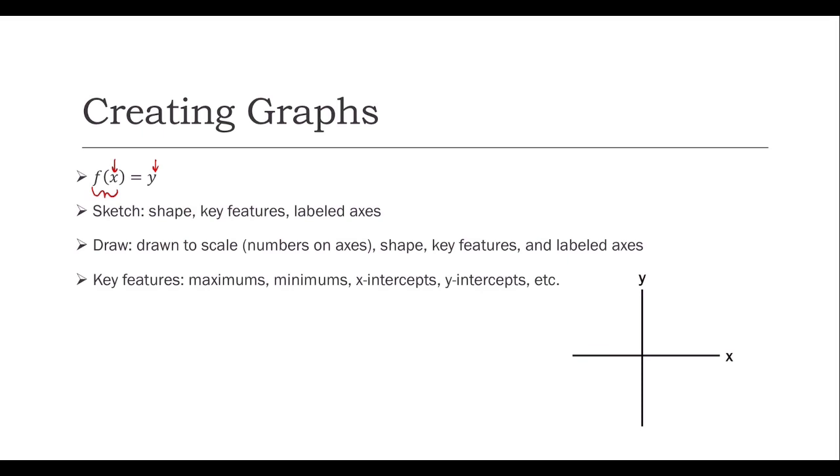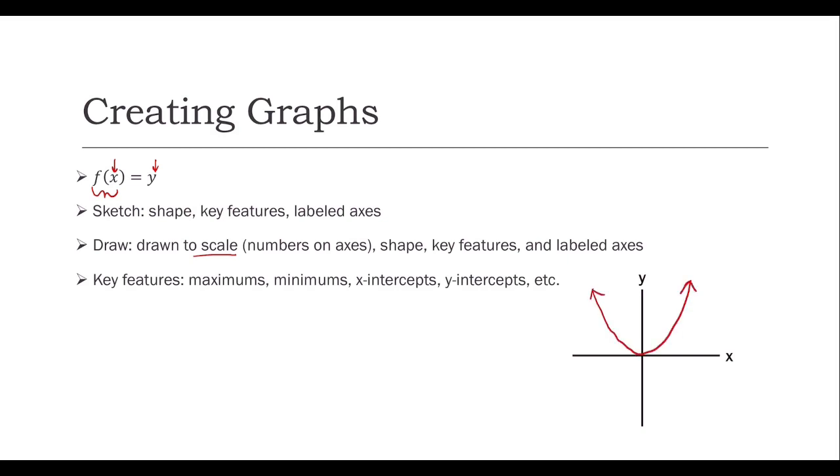But when you're drawing, it needs to be drawn to scale. So you need numbers on the axes as well as the shape, the key features, and the labeled axes. Some of the key features, which we'll talk about in a later video, are the maximums, minimums, x-intercepts, y-intercepts, etc. So if we were just sketching the graph of x squared, we could draw something like this,